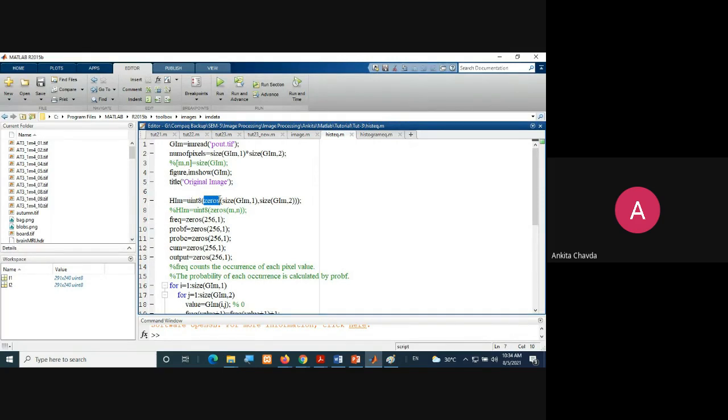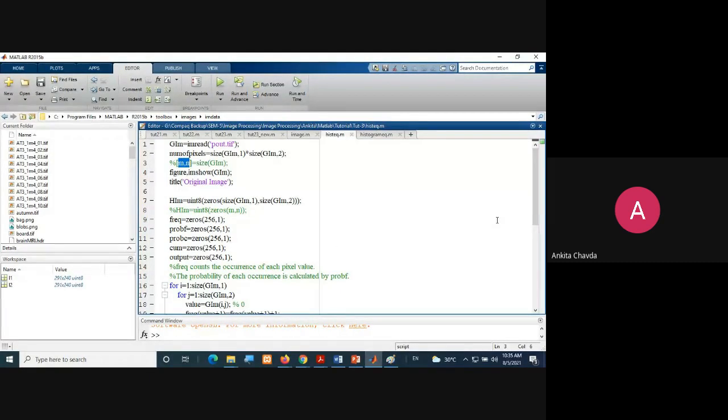Zeros of which size? Size of GIM of 1 and size of GIM of 2. I have written this code in general, not only for grayscale, not only for RGB. It is very similar to uint8 of zeros of m, n, if I had taken the size as m, n, right? Simple? Easy to understand?